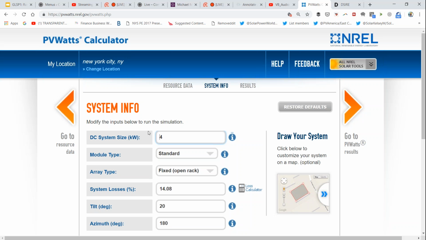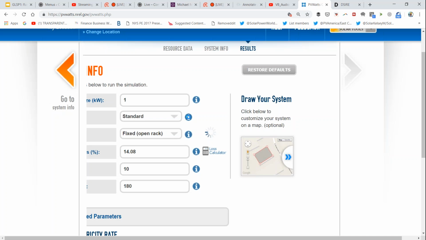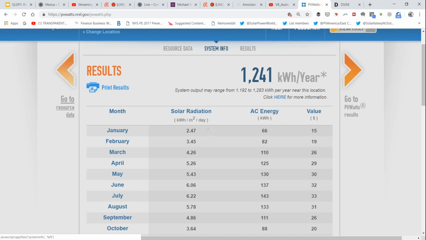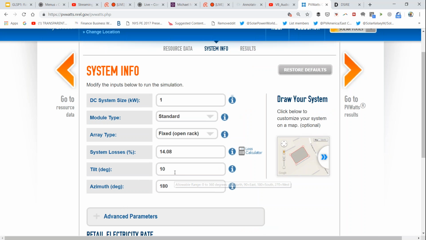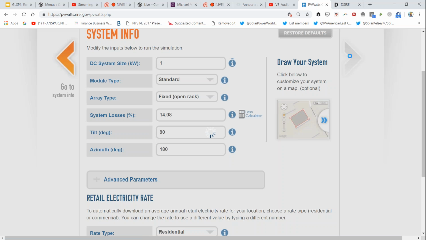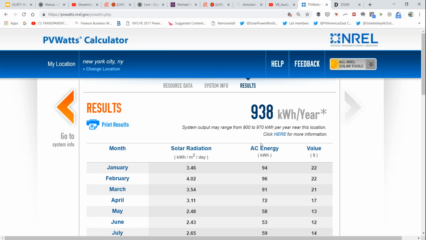And so, here I am in New York City, and I'm doing a 1 kilowatt array at a 10-degree tilt angle up on a commercial flat roof facing south, and my solar array produces 1.24 kilowatt hours per watt per year. And then I think crazy, and I'm like, you know what? I'm going to go with a 90-degree tilt and run it down the side of the building, and I'm producing 938 kilowatt hours a year, which is